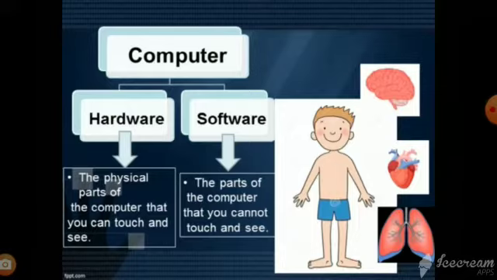A human body consists of different parts. The outer parts of the body are visible, but the parts like brain, lung, heart, etc., which are inside cannot be seen. Similarly, in a computer, we can see the parts of the hardware that are outside. Example, monitor, keyboard, and mouse. They are attached to the CPU by cables. Some parts of hardware are inside the CPU. You can see them only when you open the body of the CPU box. Example, hard disk, CPU chip, etc.